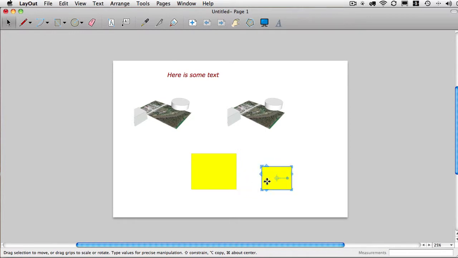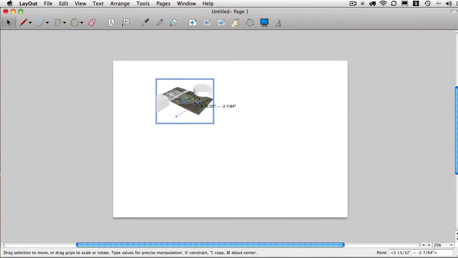Yeah, you'll get all kinds of dashed inference lines telling you when you are directly below something or in the center of something. Maybe not the center. There's a reference from the center there, but you get the idea. Let's get rid of those, get rid of that, and get rid of that, because we need to set this up